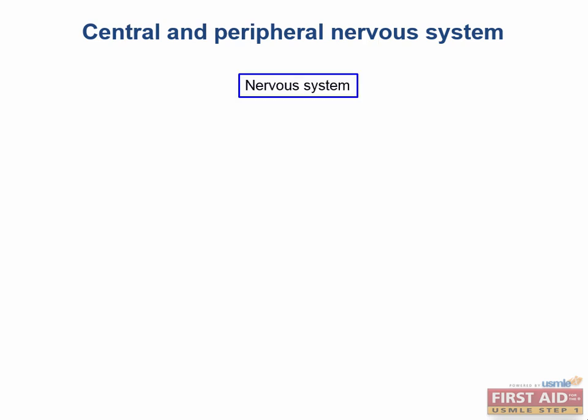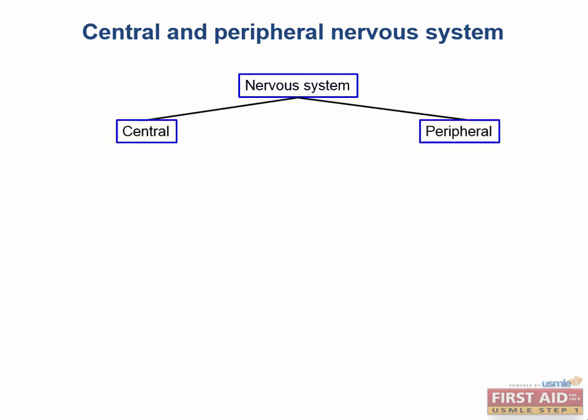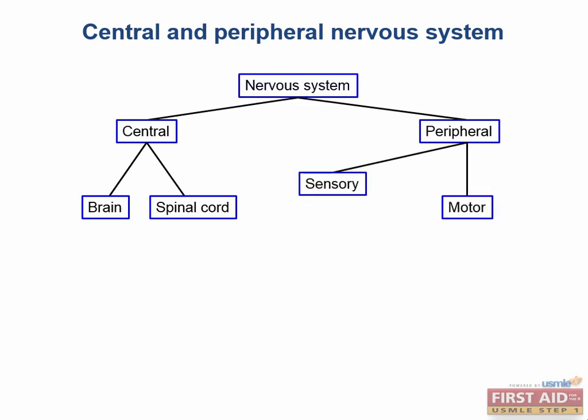We start off with the general category of the nervous system. This can be broken down into both the central nervous system and the peripheral nervous system. So what makes up the central nervous system? The central nervous system comprises the brain and the spinal cord, while the peripheral nervous system is going to include everything else. The peripheral nervous system is comprised of both motor units and sensory units. Sensory units bring information into